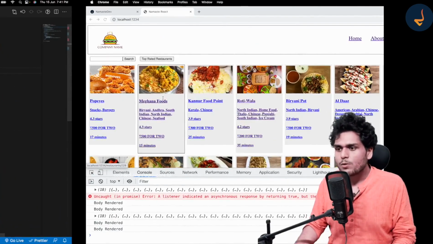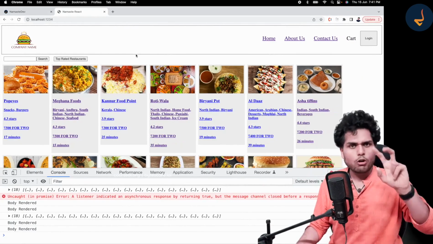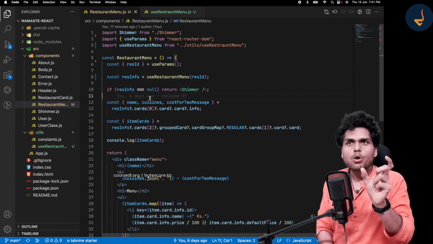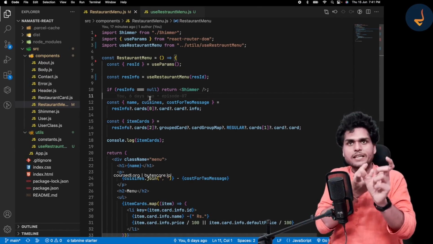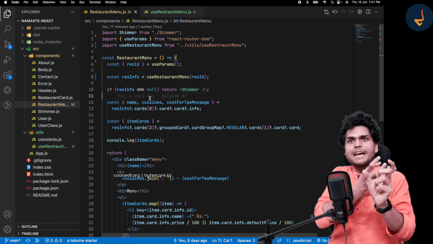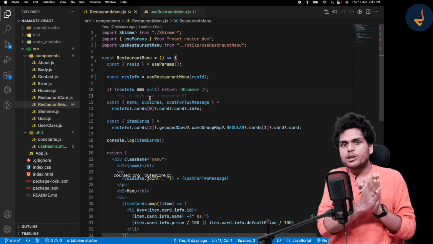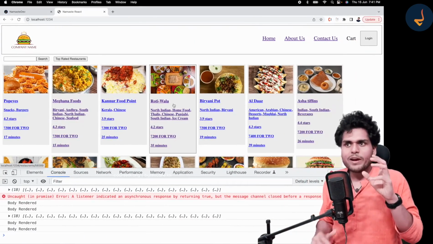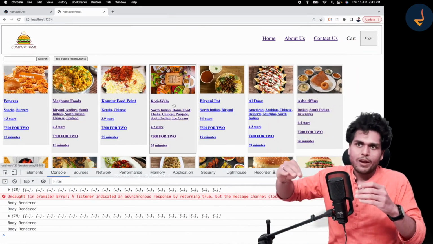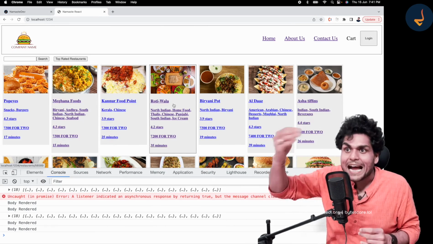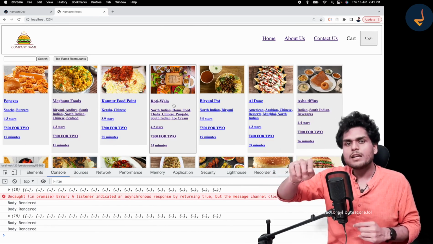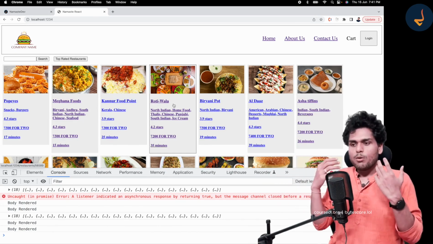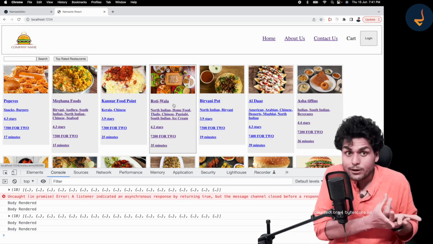So let me just show you one more feature. The feature we are going to build now is an online offline feature. Somehow I should have a hook that can give me the status of my internet, right? What I'm trying to build is, suppose my website should know whether the user is online or offline, whether the user's internet is active or inactive. Got it? Is the user's internet online or offline, right? And where do we use this kind of feature, right?